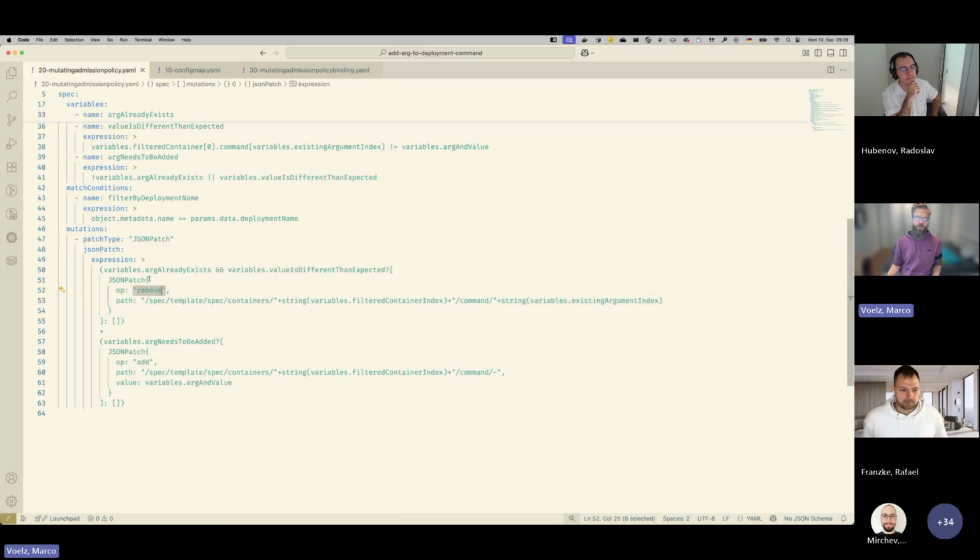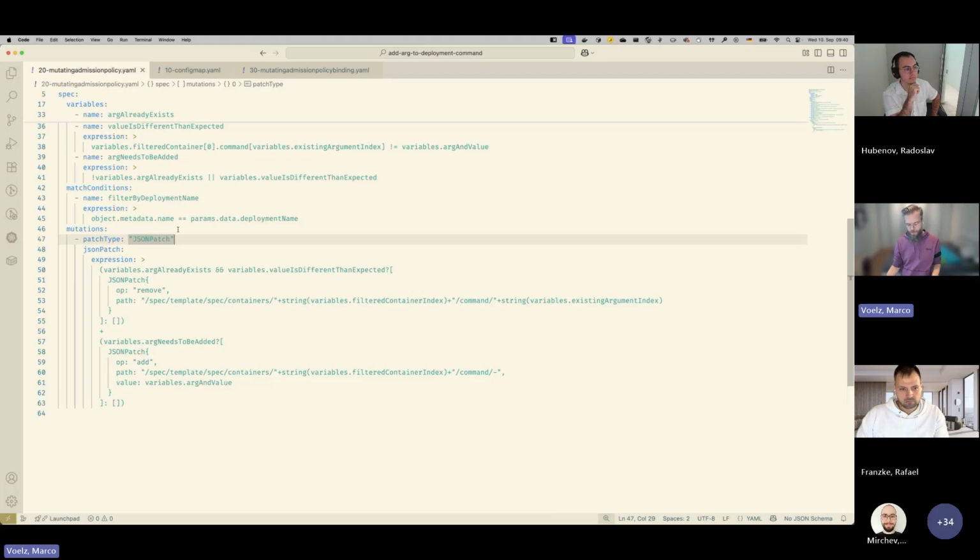So there's an optional remove patch here, and then an add with the actual value that gets provided. This looks a bit complicated, and it would be nice if it would be much easier and you didn't have to use JSON patch, but could instead use the apply configuration. But apply configuration is